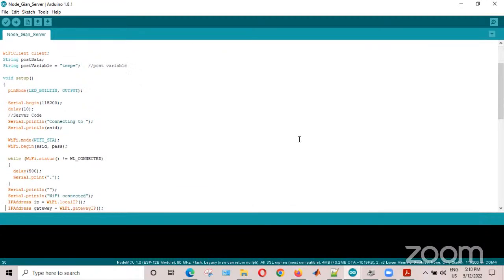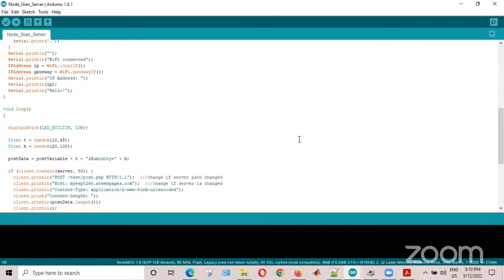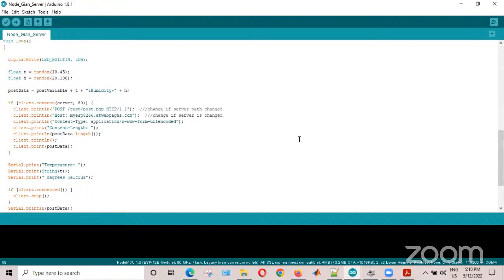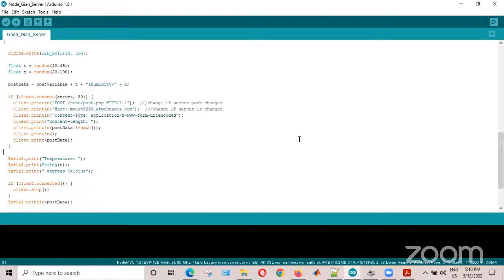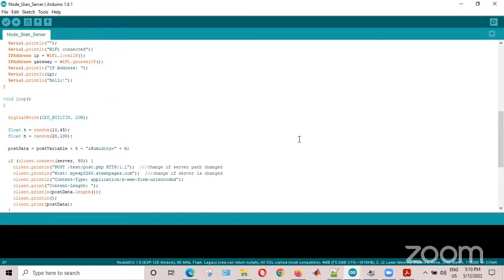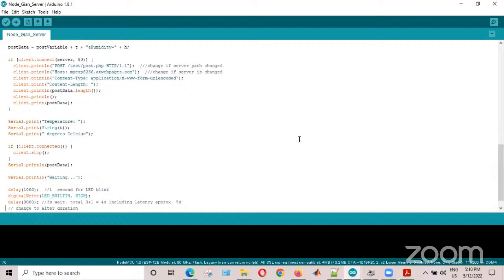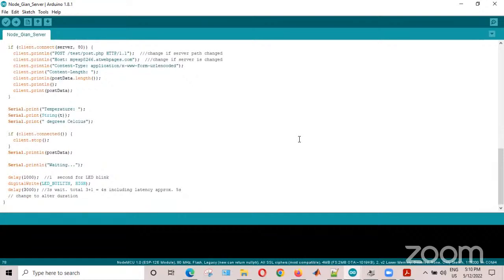You can see that in the code, in the loop section, whenever this loop function is starting, I am doing digital write low on the built-in LED. So the LED will turn off. As soon as it is done with everything, meaning transferring the data to the server, after that I am doing digital write high on the LED. So after doing everything, it will